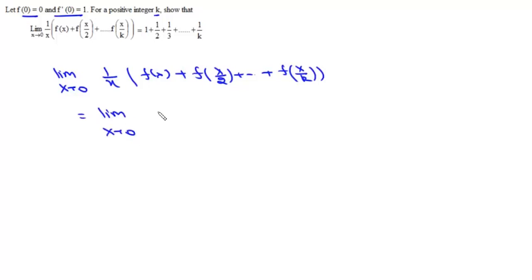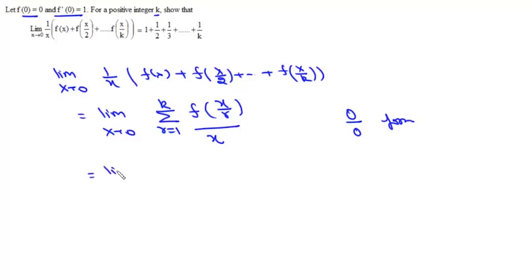x tends to 0 and then this summation f(x by r), where r varies from 1 to k, upon x. Now first we'll check its form. Now we put x as 0, it will be f(0), and f(0) is 0, and the denominator x is also 0. So this is 0 upon 0 form, and if it is 0 upon 0 form, we can use L'Hopital's rule. So we can write this as limit